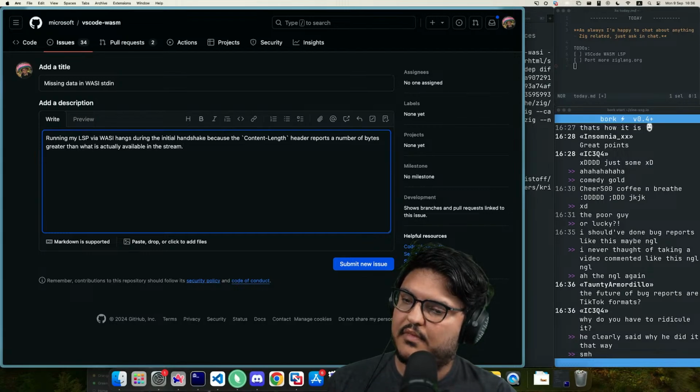I've observed that the JSON message is truncated, possibly indicating